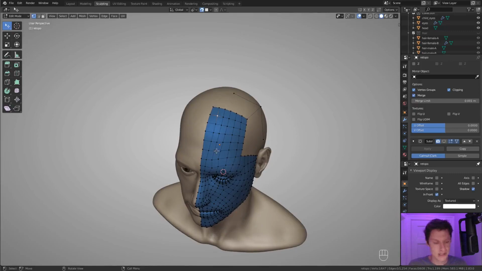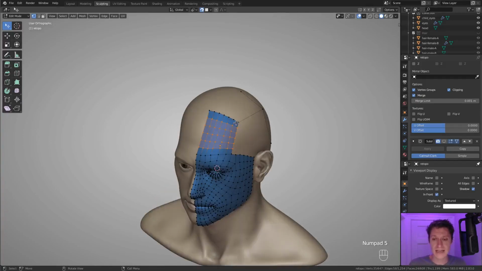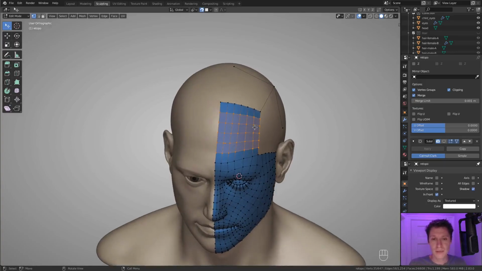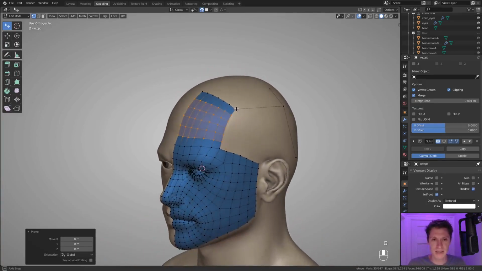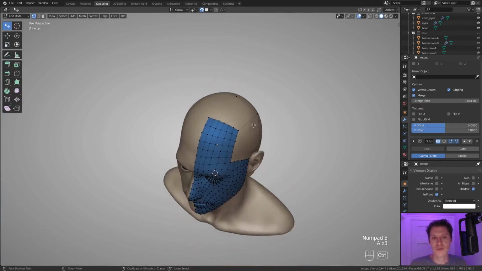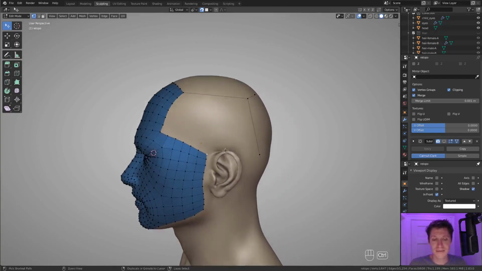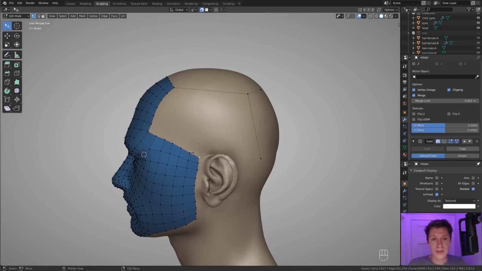We can snap to the surface, and when it does come to snapping, this becomes important. I find that hitting the 5 number pad key to go into orthographic view produces better snapping results. It's not so warped as long as you snap in orthographic. So this is one of the very rare use cases that I use orthographic for, but I find that it does make a difference. Now, we need to continue this row of edges until we connect to this other side